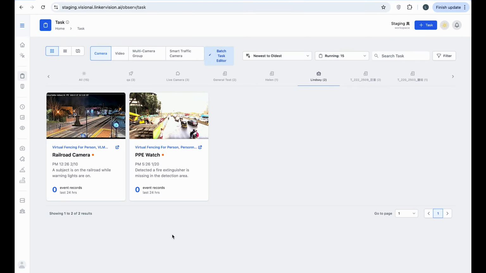So this video is to walk you through how to create your own task on Observ. Now, a task or a camera task is basically these cards over here. They allow you to set up your camera and consolidate all the events that you want to detect. So maybe for this camera over here, since it sees a street and a construction area, we can set up